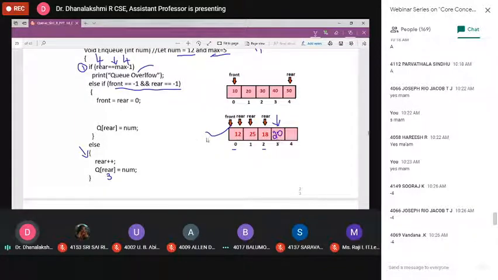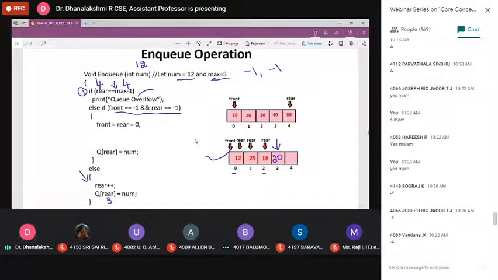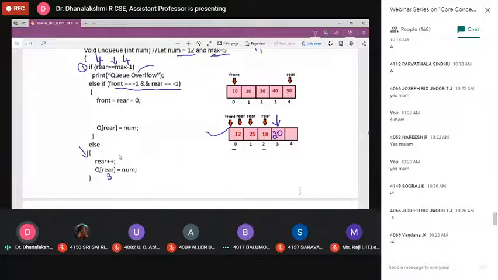Got it? This is the insertion NQ operation. If you want, again you can call the NQ function with some other data. It will check the first case, this is not true. Then the second case is also not true. Then it will enter into the third case. The third case is true because our Q has some other element. So after the last element, we are going to insert the new value. So what do we have to do? Simply increment rear by 1. Now our rear is pointing here. Then we insert the new data in this corresponding index position. Got it? Any doubts on this?